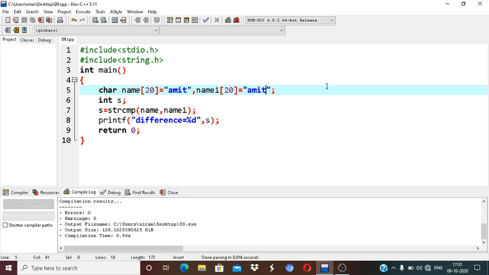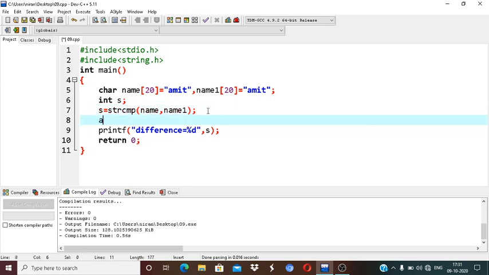I will write this function first, then I will describe it. The atoi function. What is the use of this function? What is the definition of this function?